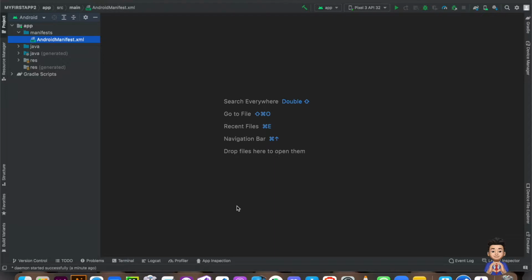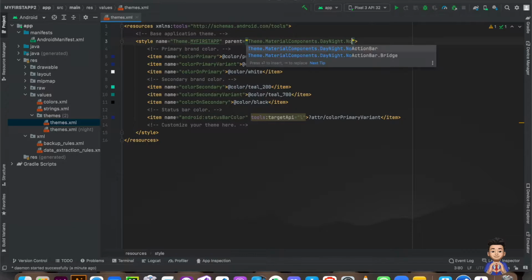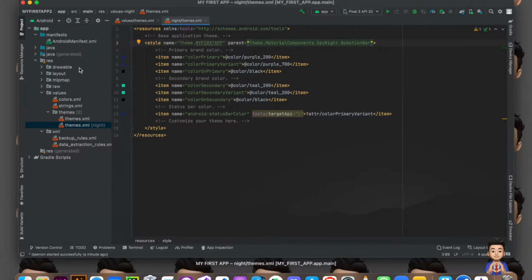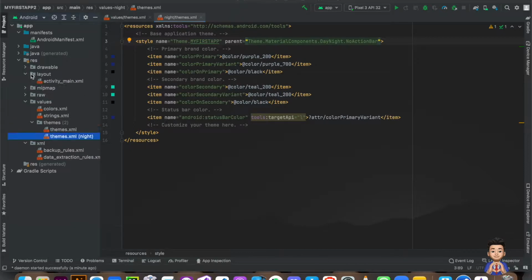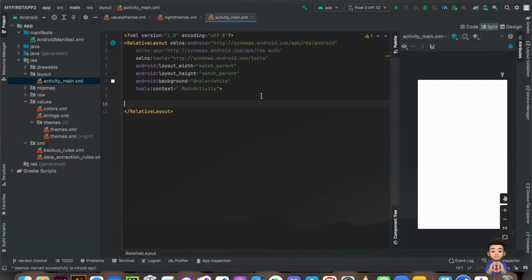Now let's see how we can create an Amazon or Flipkart-like application in our Android Studio. Firstly, we will change the theme to no action bar. The bar above is called the action bar, so we will remove that and change the dark action bar to no action bar. Then we will go to our activity main layout